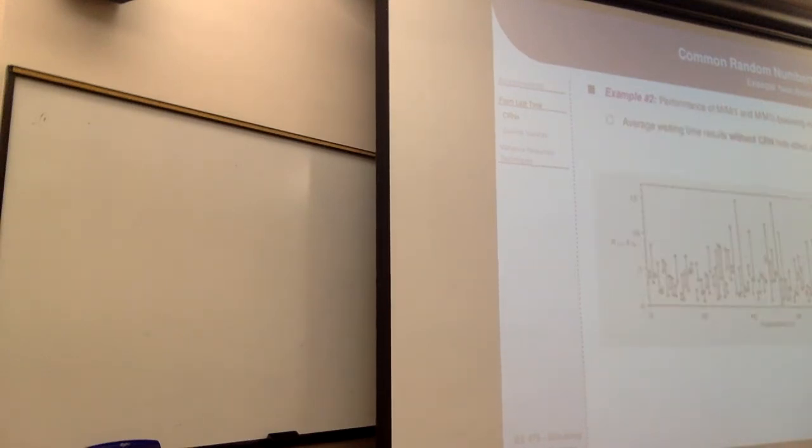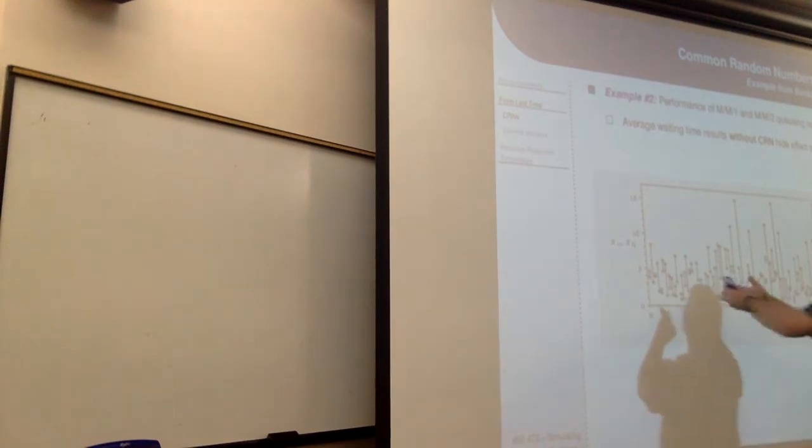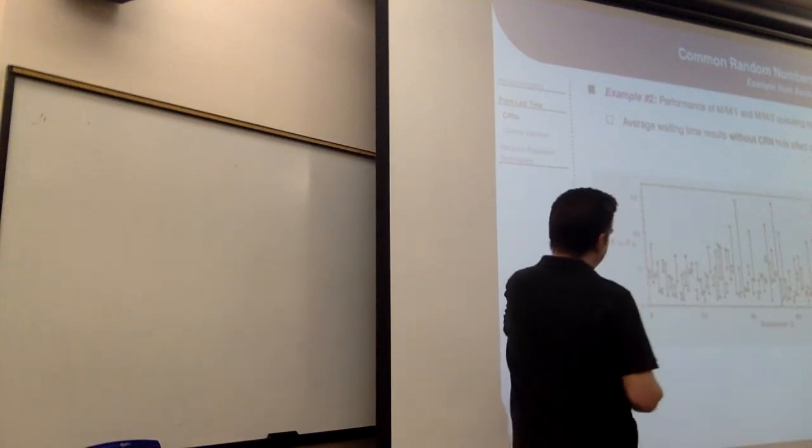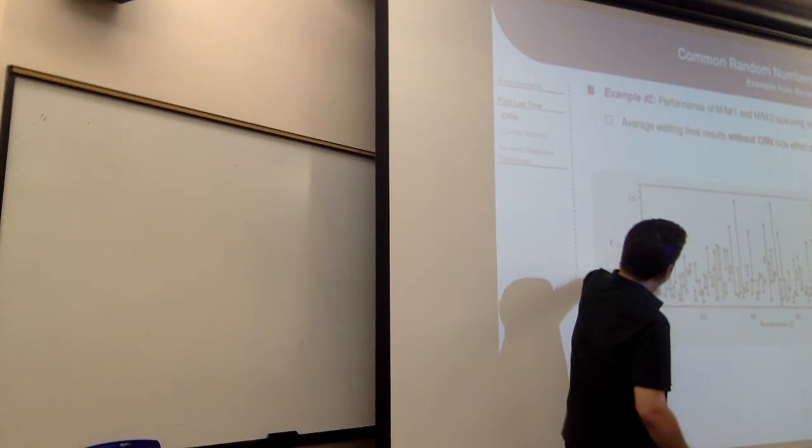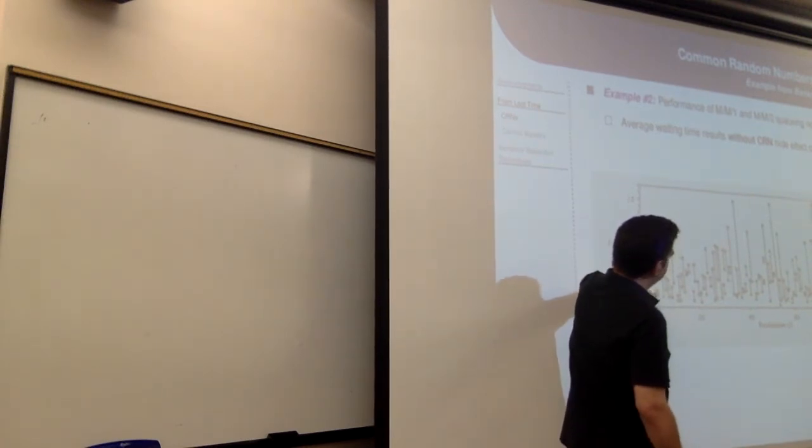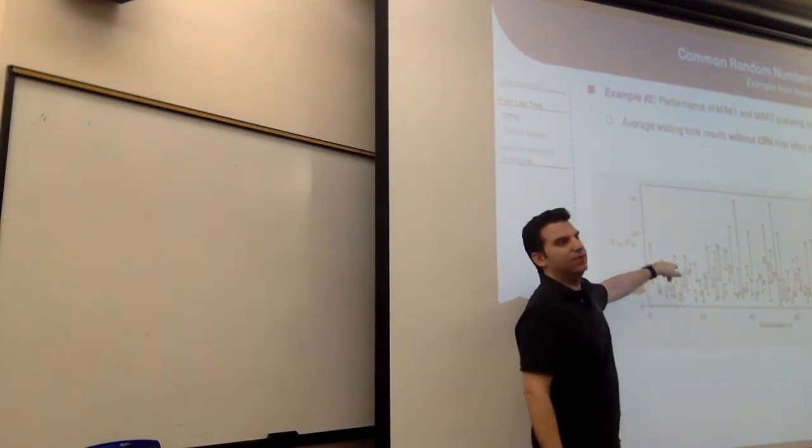And so here's an example they did in the book. This is very similar to the example I just showed you that ran 100 replications of 2 different models. The models were simulating an M/M/1 queue and an M/M/2 queue. So these are things that we know from 470 that the M/M/2 queue should have a lesser wait time because there's more servers running. But we still see a huge amount of variance. And effectively now the pairings are arbitrary. So even though these are drawn as being paired together, the input that went into one is different than the input that went into the other one.